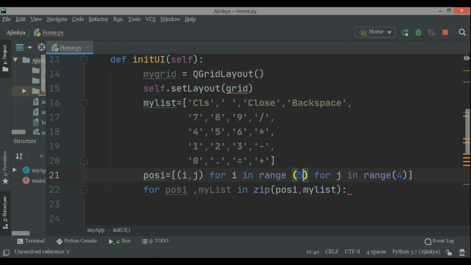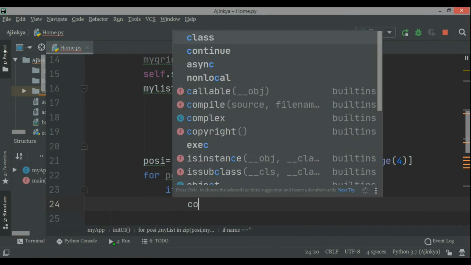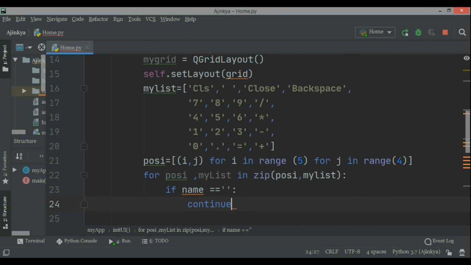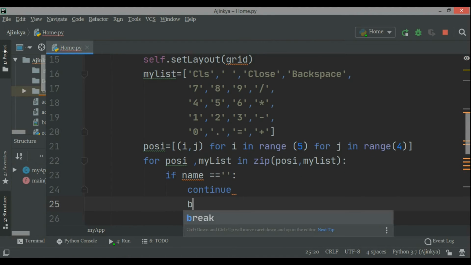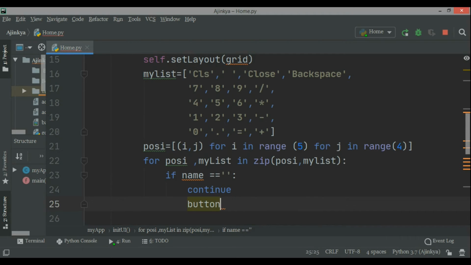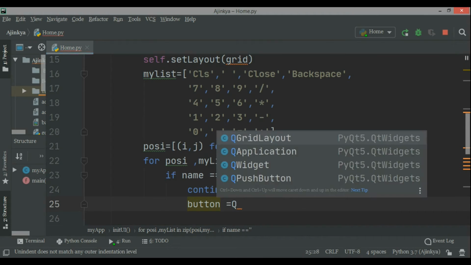So 5 4s are 20 elements kind of. You can say is one less, so 0 to 5 and 0 to 4. So for pos, name in zip(positions, my_list): if name equal to blank, then continue, just keep filling the grid. And then button equal to QPushButton,